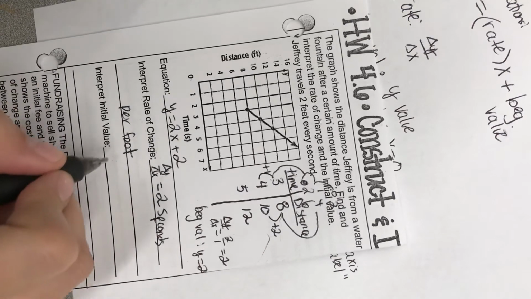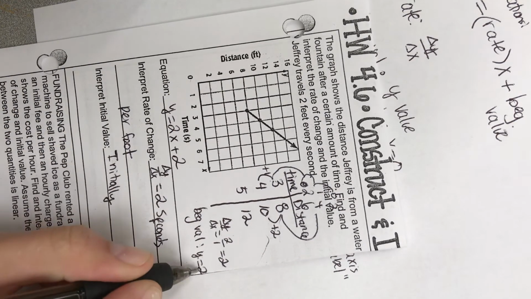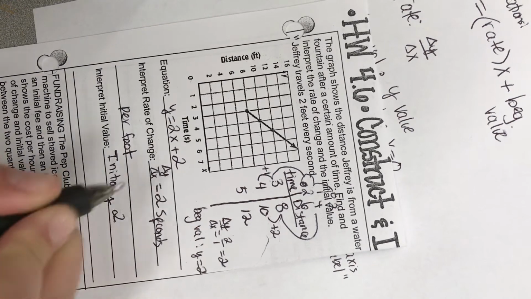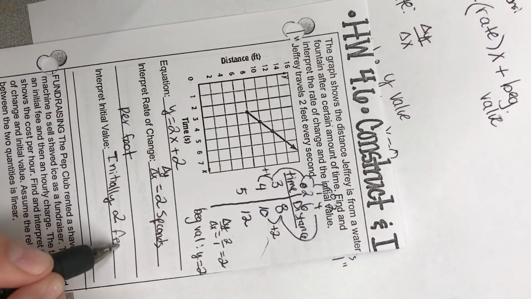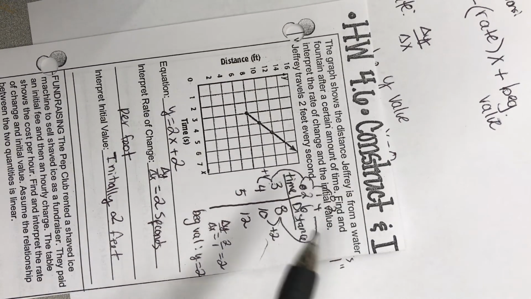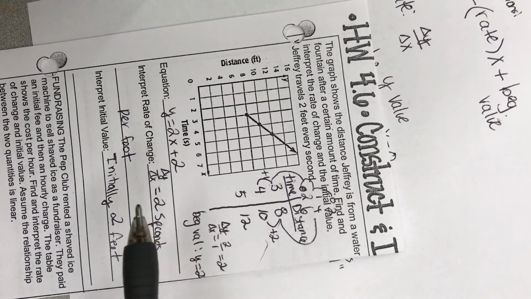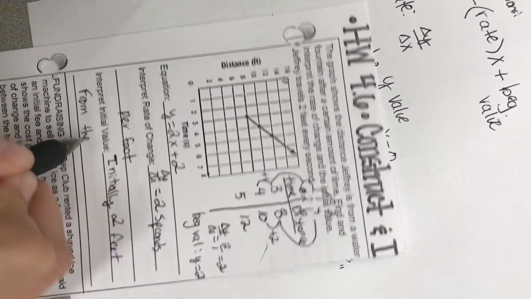So interpret the initial value. Initially, my value for that was 2, so initially 2. My y-axis label is feet. So he's initially 2 feet, and the problem is talking about how far he is from the water fountain. So he's initially 2 feet from the water